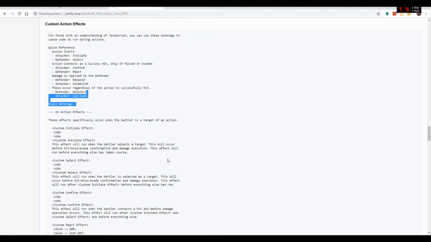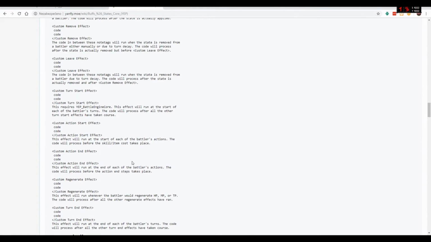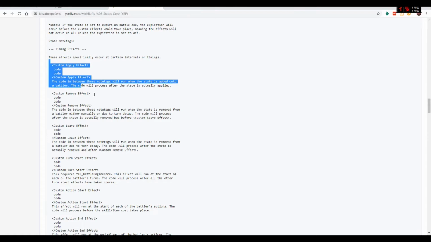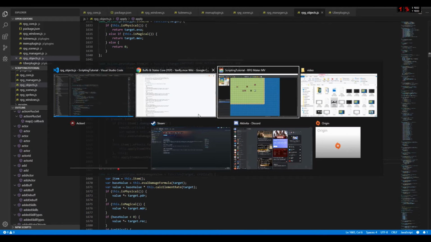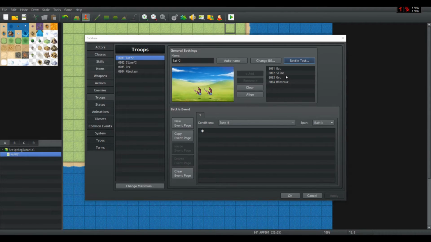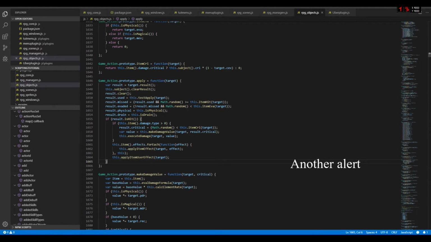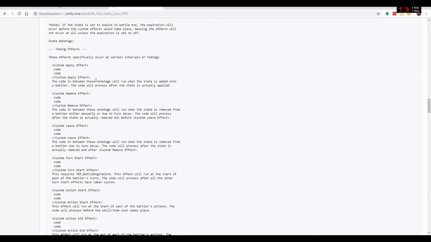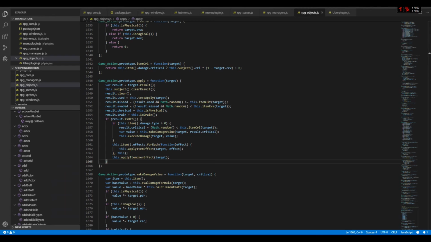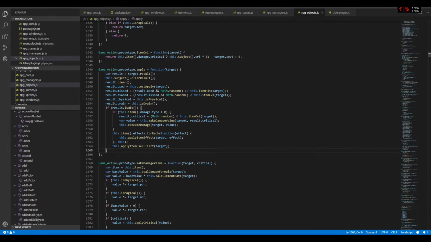Instead, I'll proceed to something more interesting, to custom apply effect. Now, you can use, by the way, the node text just like Yanfly. However, these node texts then get evaled, and eval is very slow. That is why I recommend you to use the small node text and then define the function inside the JavaScript files. So anyway, the apply effect will get applied when the state is applied, and if we go to action apply,